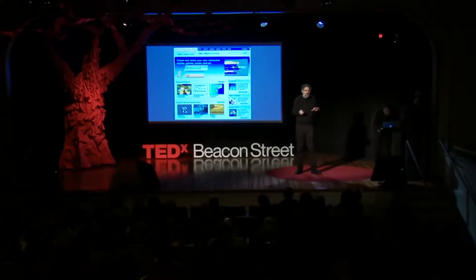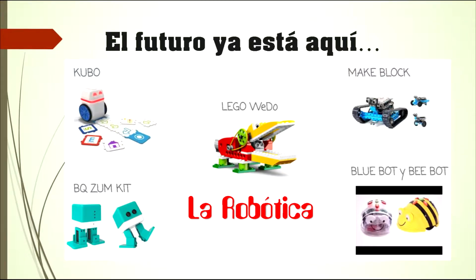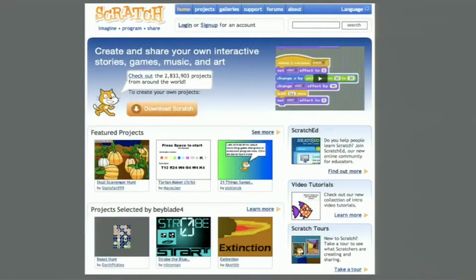We developed it so that people could easily create their own interactive stories and games and animations, and then share their creations with one another. So I thought this would be an opportunity to use Scratch to make an interactive card for my mom. Before making my own Mother's Day card, I thought I would take a look at the Scratch website. Over the last several years, kids around the world, ages 8 and up, have shared their projects.